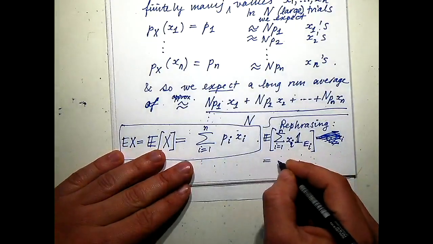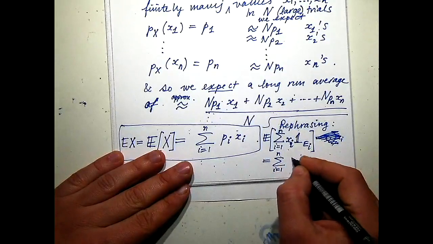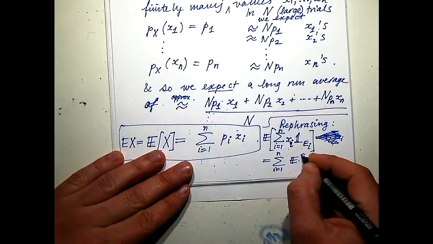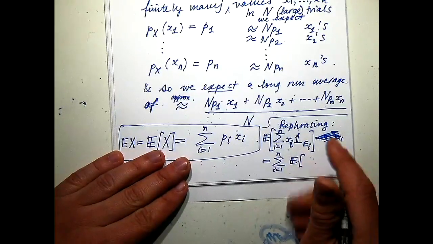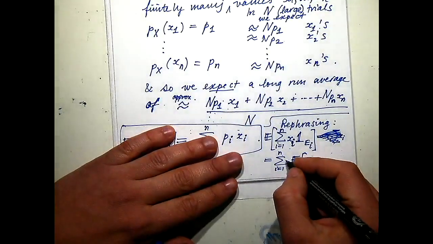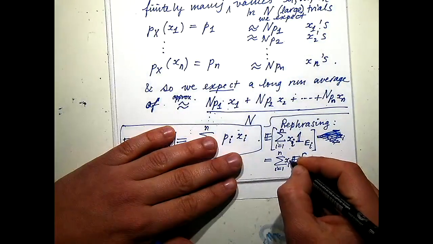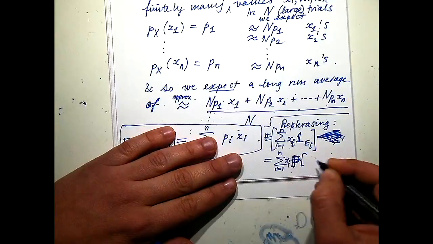Equals sum i equals 1 to n of expected value of, well, I want this to be a definition. So, as a definition, I'm going to put xi times probability